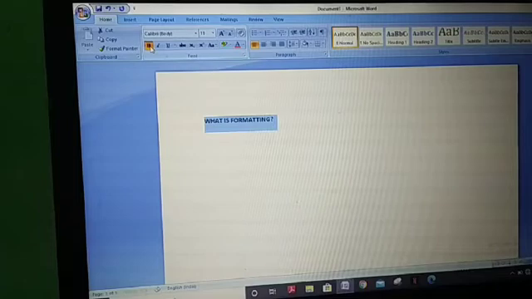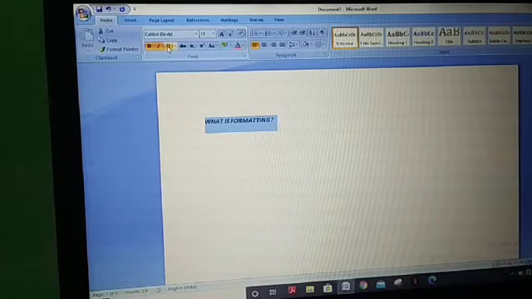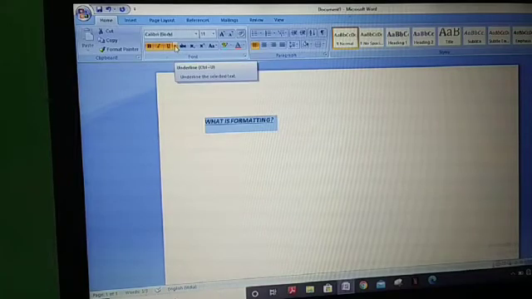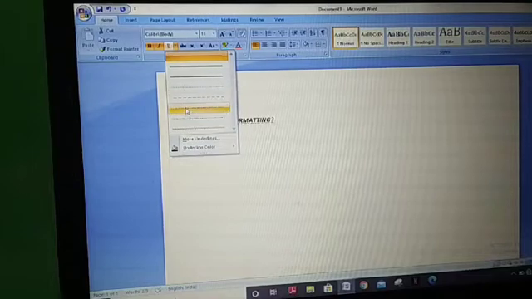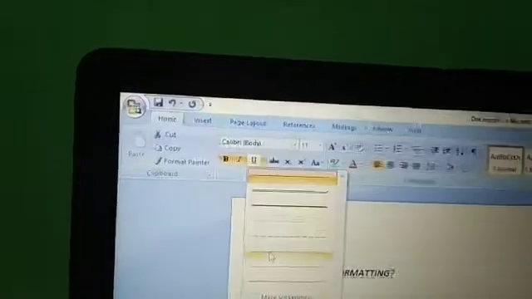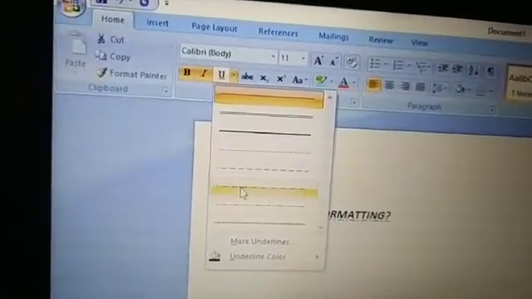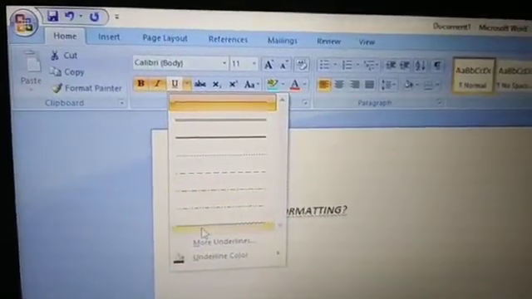So this is the bold button. This is italic, a little bit slanting. Text will be slanting. And this is for underline. If you click on this small arrow, it will show you different styles of underline. I'm taking the camera closer to it. You can see different styles of underline. And underline color is also given.